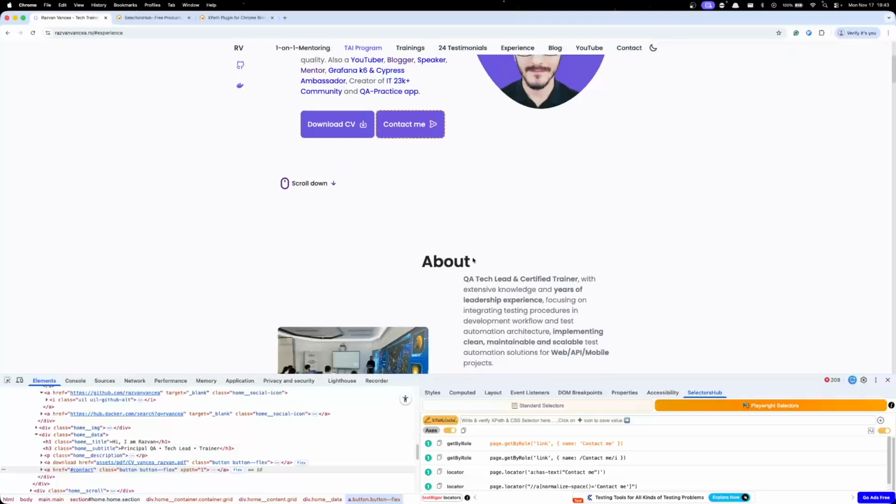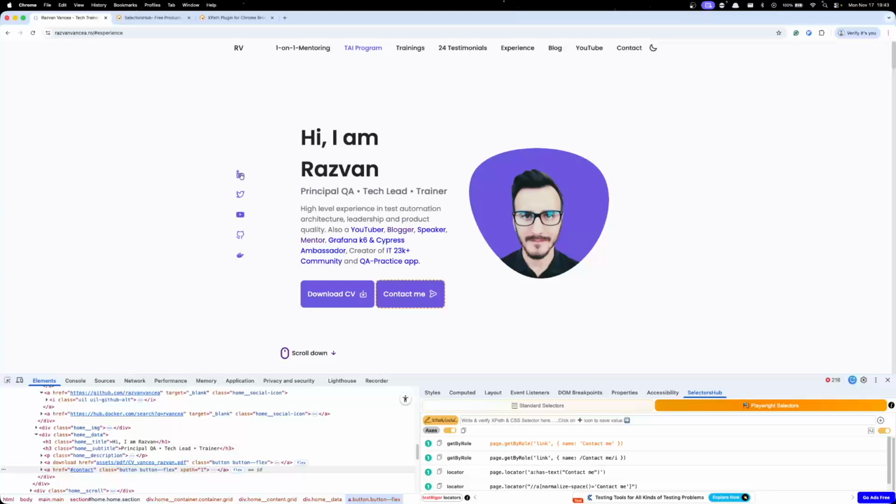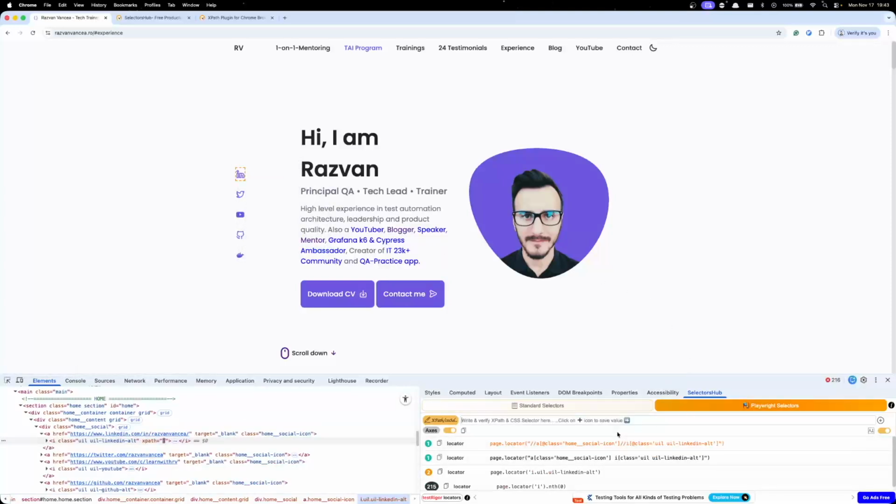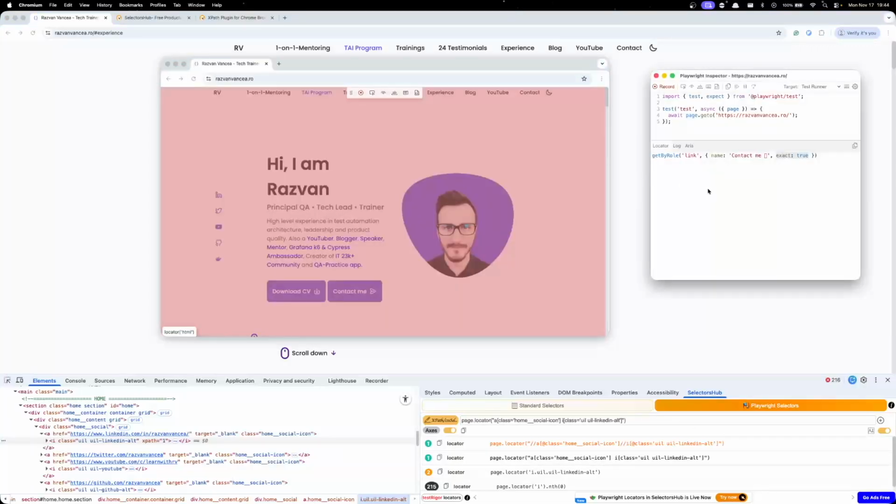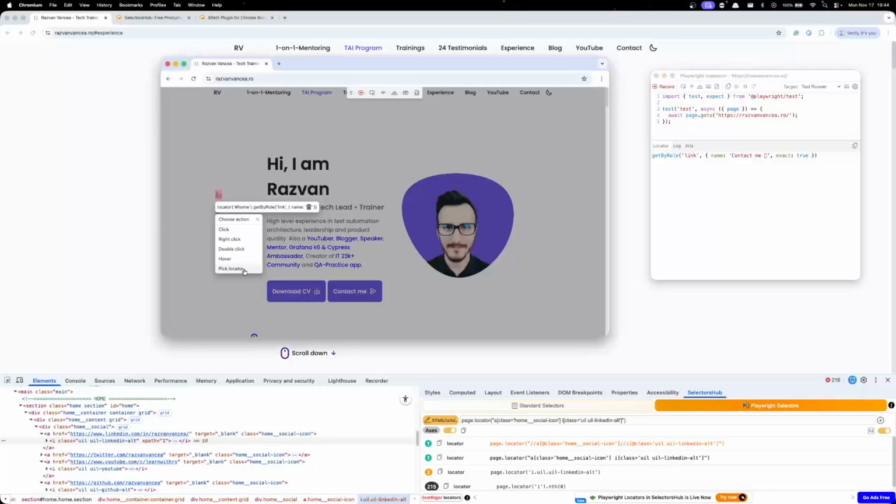Let's make a third example regarding this LinkedIn icon. SelectorsHub generated multiple versions of this icon using page locator, the classic approach that accepts as arguments XPath values, CSS values, so on and so forth. Let's see Playwright in action. I will right click on this icon, pick locator,